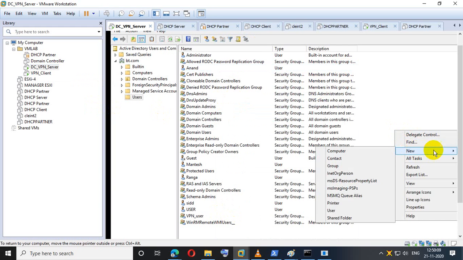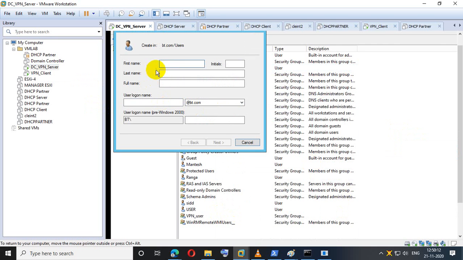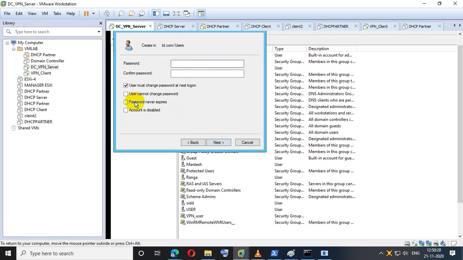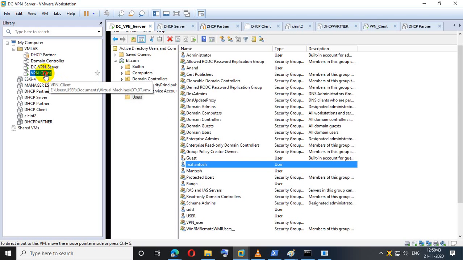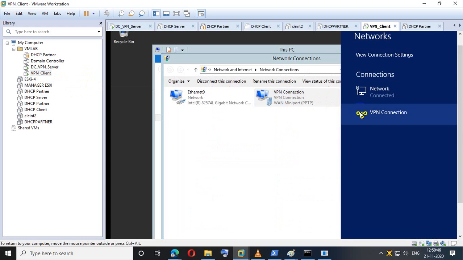So I'm creating one more user, let's say Mahantosh. Now I'll try to connect through Mahantosh.